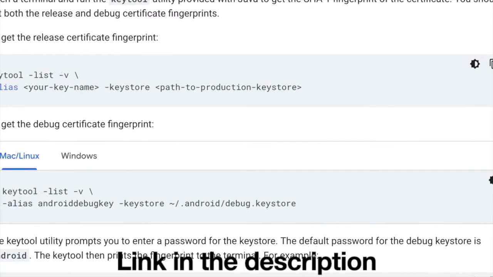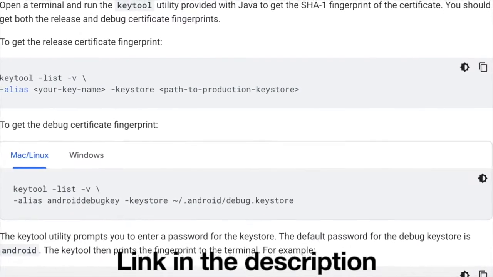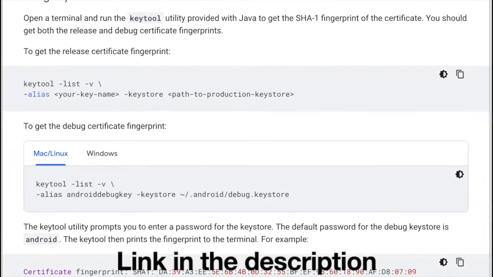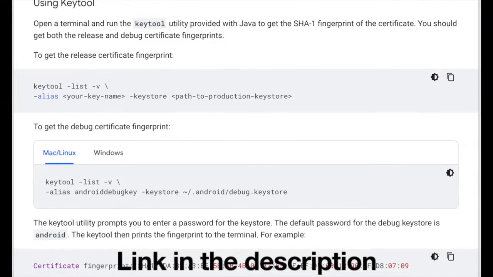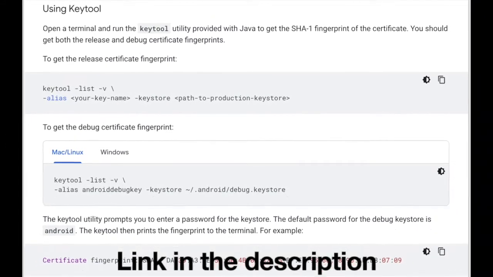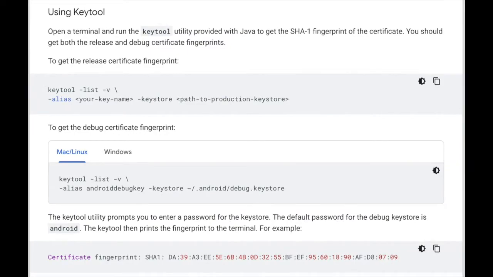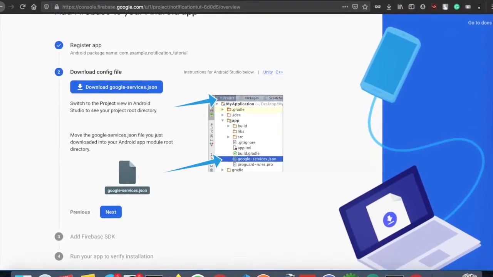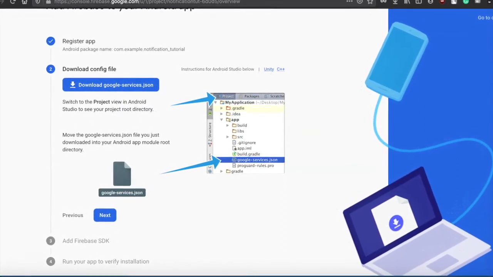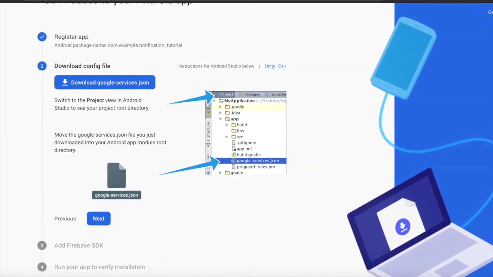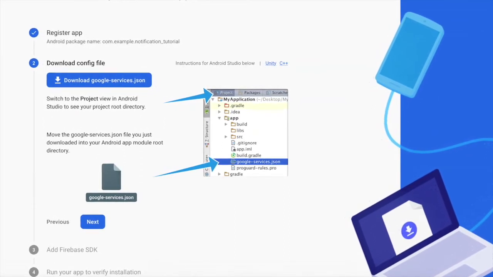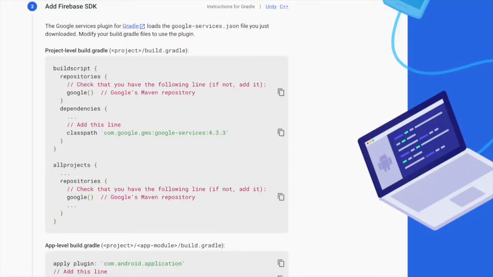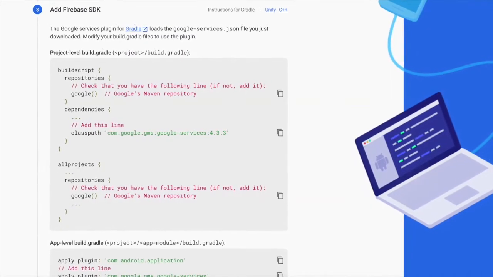To enable the Google sign-in, you have to paste the SHA-1 key generated from your computer. To get that SHA-1 key, run this command, and you will see the SHA-1 key like below. Copy that and paste that and continue with your Firebase project setup. In the next step, you have to download this JSON file and place this under the app folder of Android. Continue with the process of setting up Firebase project.